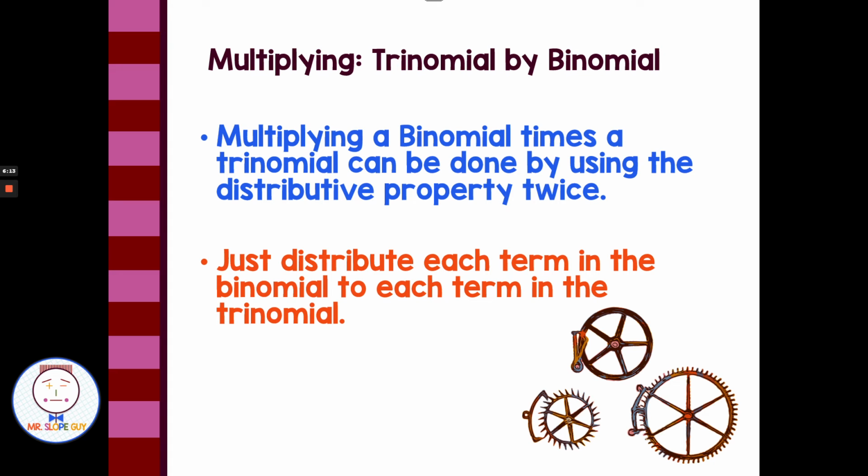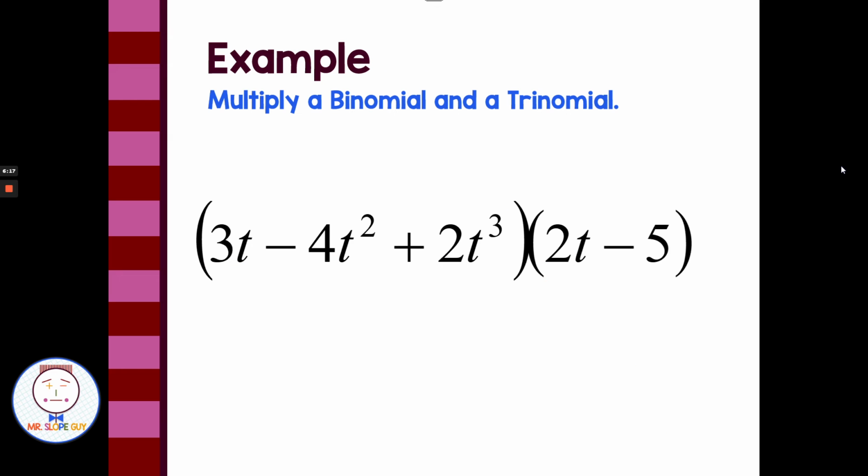So let's look at what that looks like. Let's look at an example. Let's say we have 3t minus 4t squared plus 2t to the third, times 2t minus 5. So I have the binomial here on the right side, and I have the trinomial here. I'm going to take each of these 2 terms in the binomial and distribute them, multiply to each term in the trinomial. So I'm going to start with 2t, and I'm going to multiply it to each term in